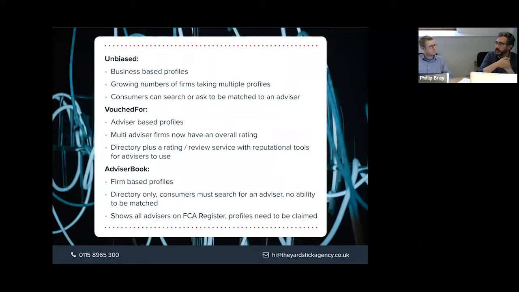If you convert, say, 1 in 3, 1 in 4, that means your cost of acquisition of a client is somewhere between £90 and £120, somewhere in that ballpark, maybe a touch more. That's actually a pretty low cost of acquisition. So by all means try and get a bit of money off, but I really will be focusing on the fact that these directories are a pretty low cost way of attracting new clients.